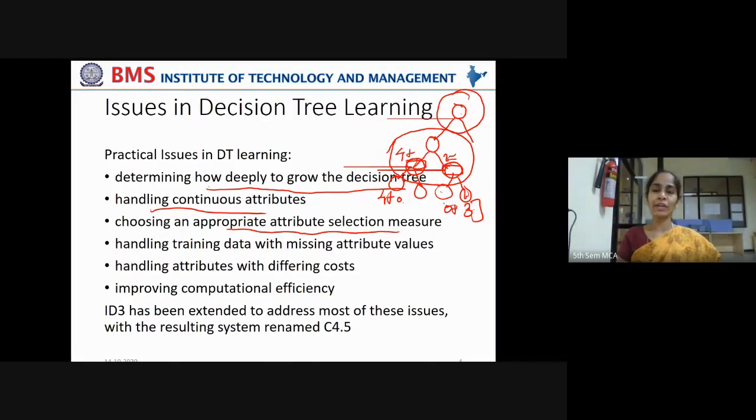Split point means you know very well now, right? The root node of any tree or subtree is called the split point. Okay, now how to choose that measure? Like information gain, many other measures may be available. How to choose the appropriate measure? That is one more issue. That is one more practical issue.